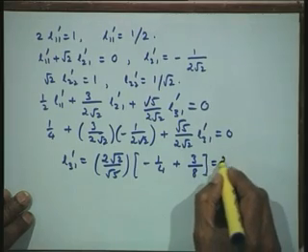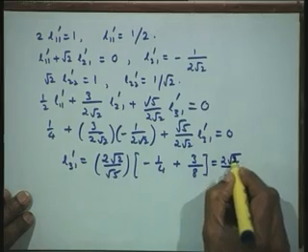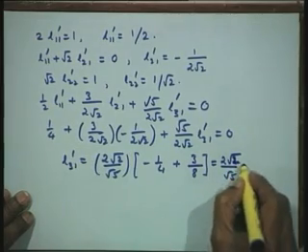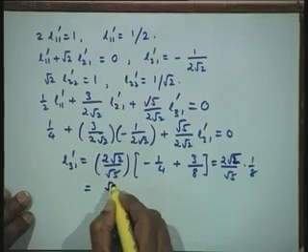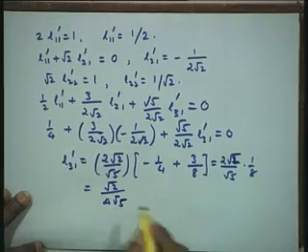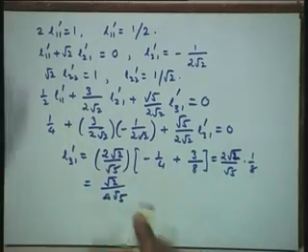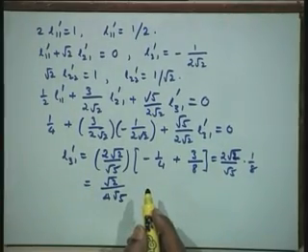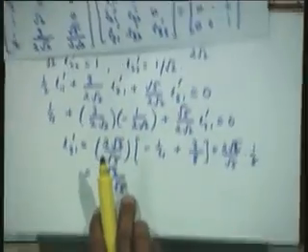Right, that gives us 2 root 2 by root 5, and this is equal to 1 by 8. So, that is equal to root 2 by 4 root 5. Now, we have determined the element L31 dashed. Now, to get the next element I need to multiply this third row with the second column. So, if I do that,